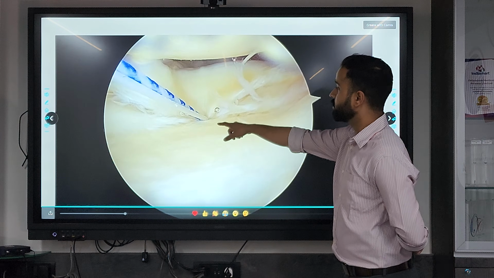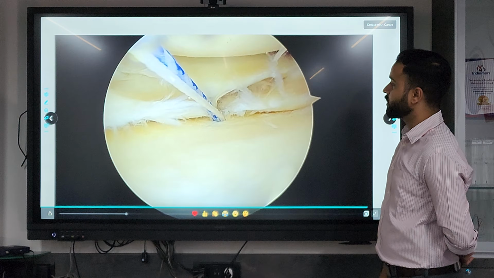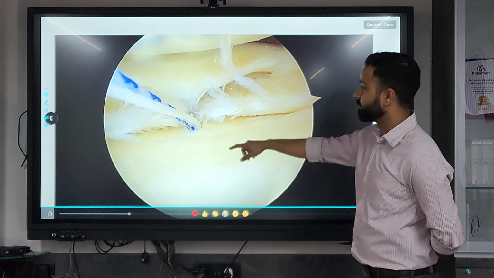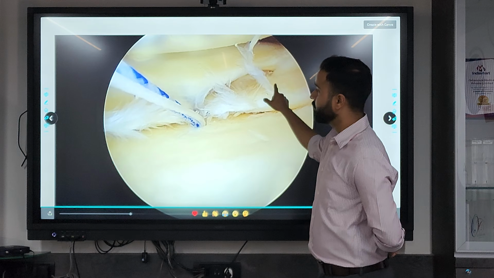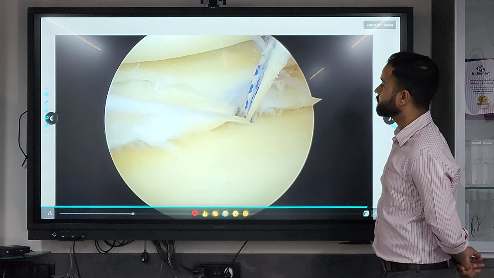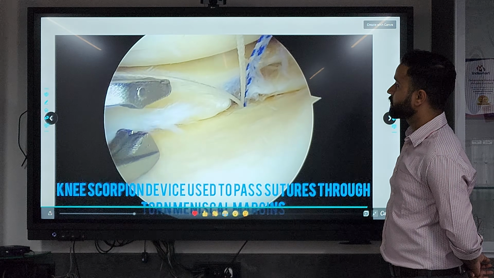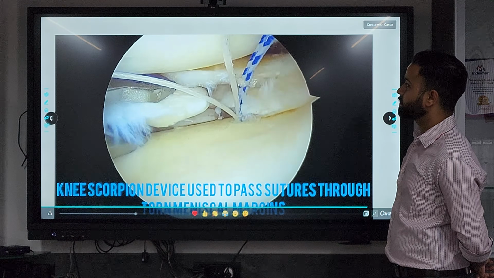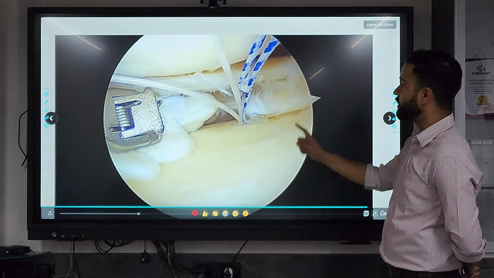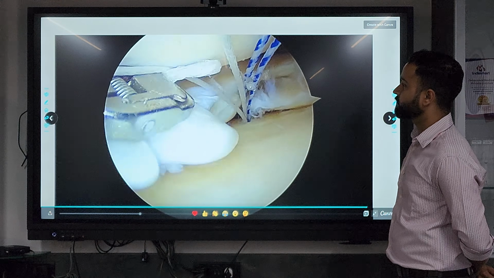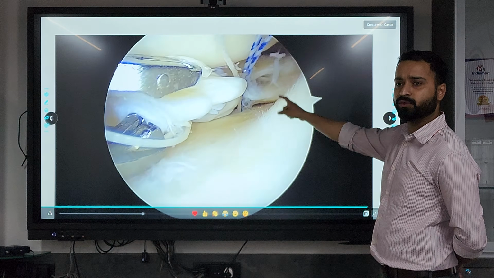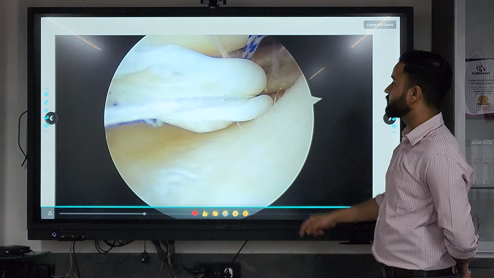So now what you see is that the root fix anchor has been put in place, and we have our sutures coming out of it. So what we need to do next is pass these sutures through the free ends of the meniscus, on either side. We're using a suture passing device and we're going to take a bite on either side of the meniscal tear. So here was the first one. So we need to repeat the same procedure for all the 4 threads.